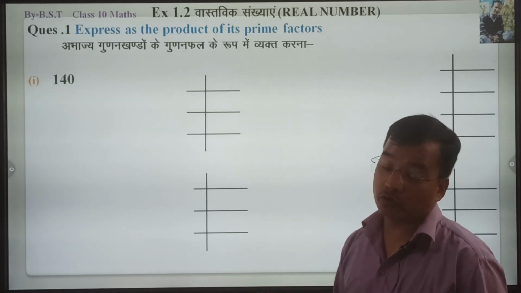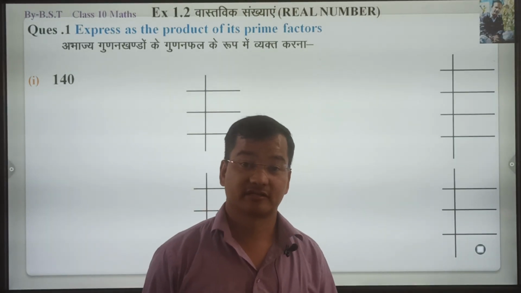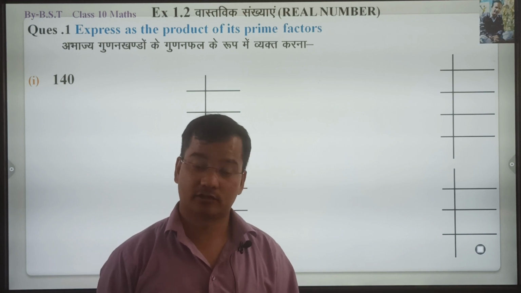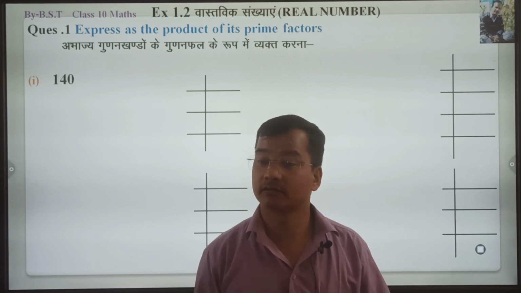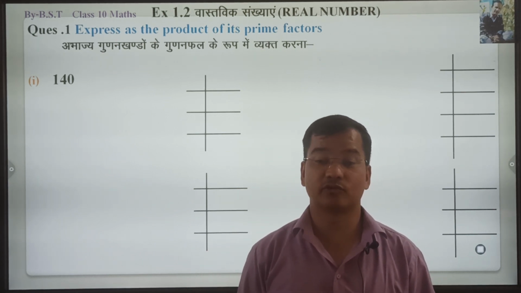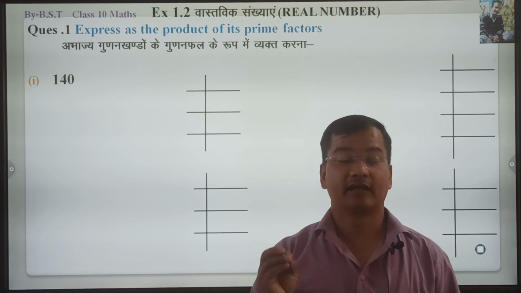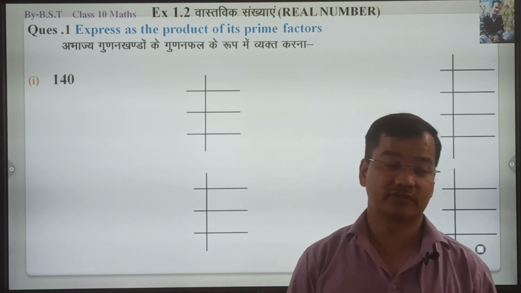Now you know the rules of division. कैसे हम डिवाइड को मालूम करते हैं कि कौन नंबर किससे डिविजिबल है. तो डिविजिबिलिटी हमको आनी चाहिए. 2 की डिविजिबिलिटी 3 4 5 6 7 8 9 10 हमने पढ़ी है क्लास 6 में. बट हम यहाँ पे कौन सी डिविजिबिलिटी यूज़ करेंगे, ओनली प्राइम नंबर्स की. It means 2, 3, 5, 7, 11 and so on, these numbers can be taken.